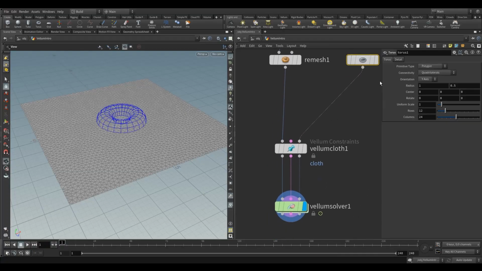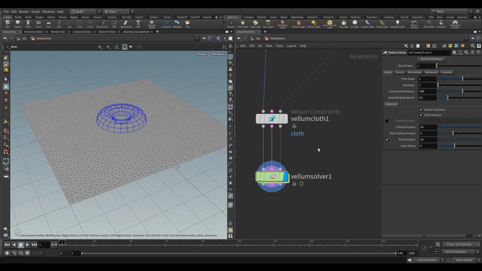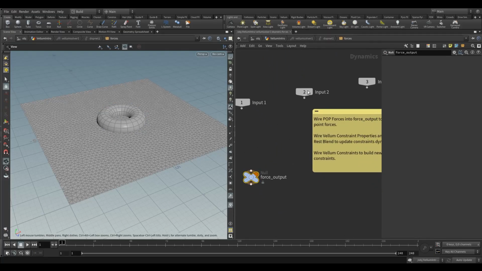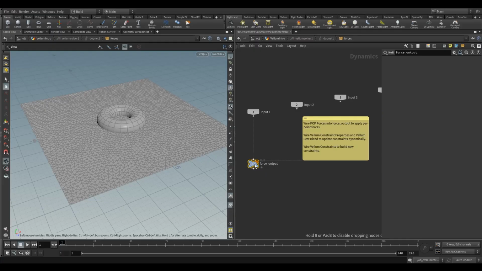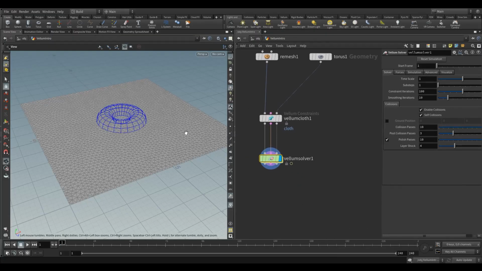Connect that up to the right input that will filter through into our solver. Okay, so this is just kind of a packed up HDA. So if you jump inside, here, you can connect up forces as kind of a shortcut. You can see we've gone right inside into the DOP network, but inside we've just got a DOP network, and it's all kind of packed up with all these handy, easy